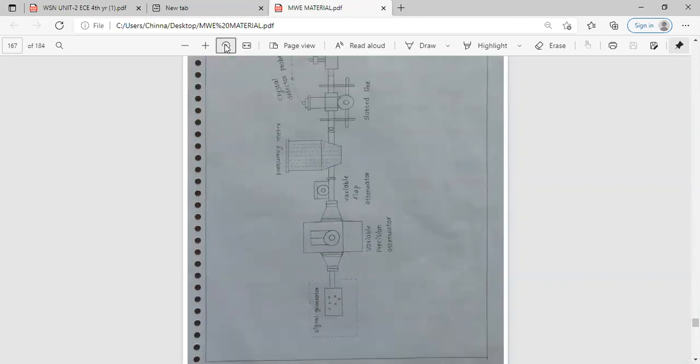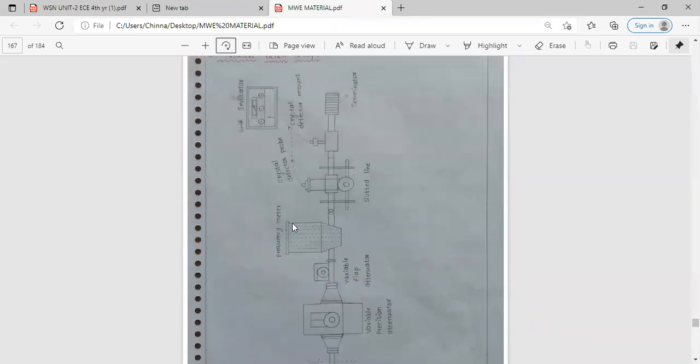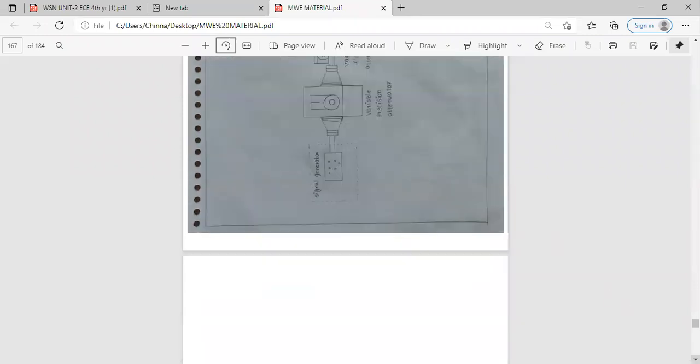So once again, this is the signal generator, and that will be followed by the isolator, and that will be followed by the attenuator. For the attenuator, a 0 to 50 dB power law attenuator will be used here, and then the slotted line section, followed by the crystal detector mount, which detects the modulating signal, and then the voltage standing wave ratio indicator, which is used as a voltage meter. Lastly, the matched terminal will be used across the microwave junction. Okay, this is the microwave setup.